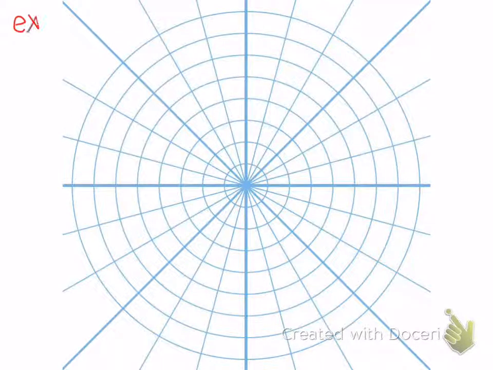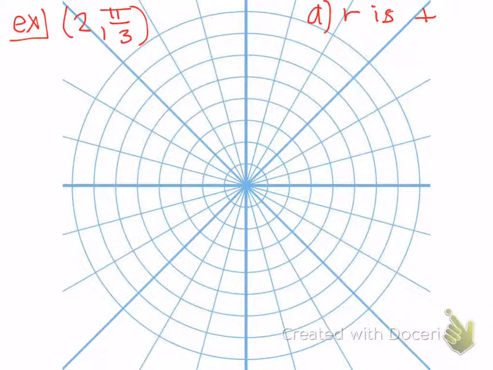So our example is they give you the coordinate 2 and pi over 3. And there's 3 scenarios they want you to meet. So for the first one, for letter A, they want r to be positive, and they want the angle to be between 2 pi and 4 pi. So to go about this one, we'll do this one graphically, and the next ones we'll just kind of